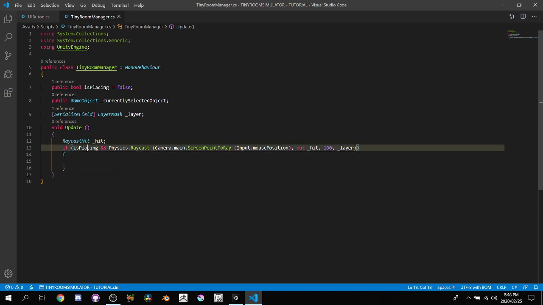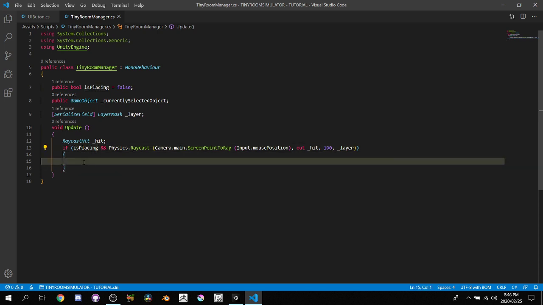Okay, so remember, this is a double-barreled if statement, if you will. Is placing has to be true, and Physics.Raycast has to come back as true, as in that it hit something. If it did, we're going to use currentSelectedObject.transform.position is equal to hit.point. Semicolon at the end. Now, if you're wondering where I'm getting this transform.position, if I go back to Unity,